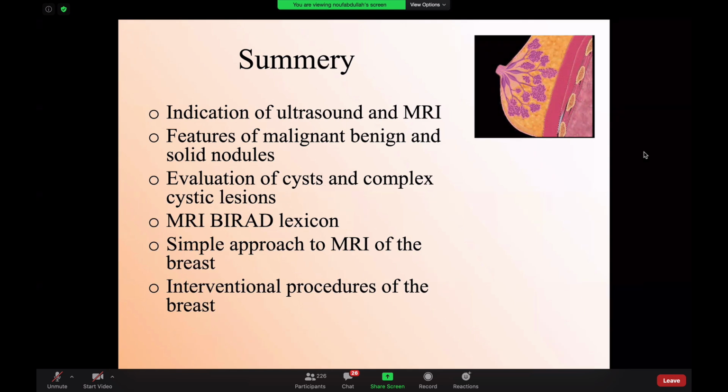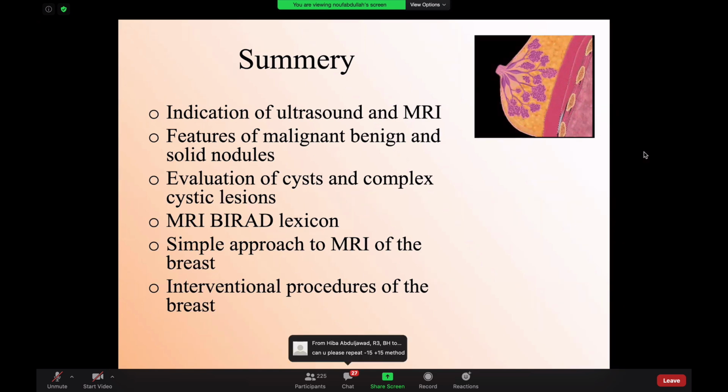Okay. In screening mammography, is it necessary to do ultrasound in dense breast? It is usually very important because there is a very high chance that you might miss cancer. Screening ultrasound in dense breast can pick up 3 cancers in 1,000 patients, so you might miss 3 cancers in 1,000 patients. So I would always say, if the patient is coming for the first time with dense breast, I would do ultrasound.